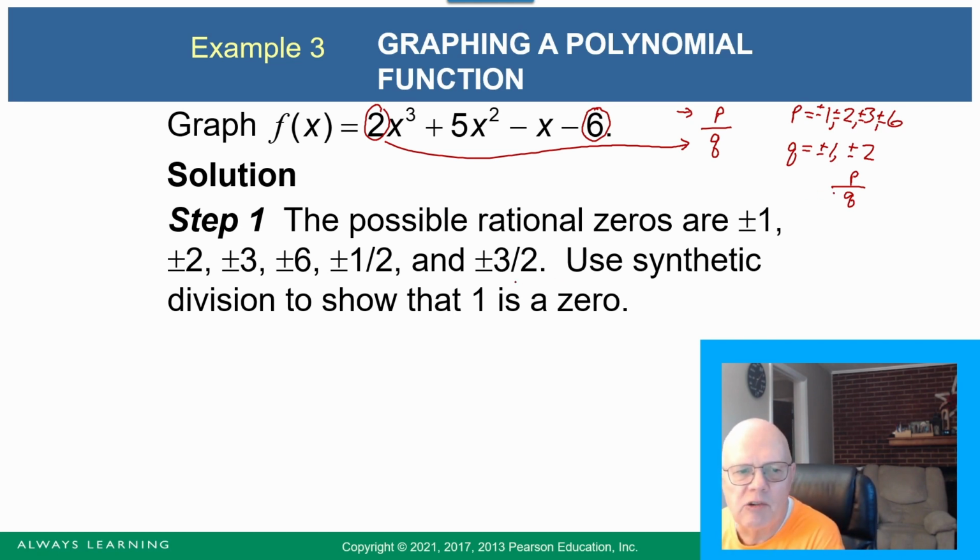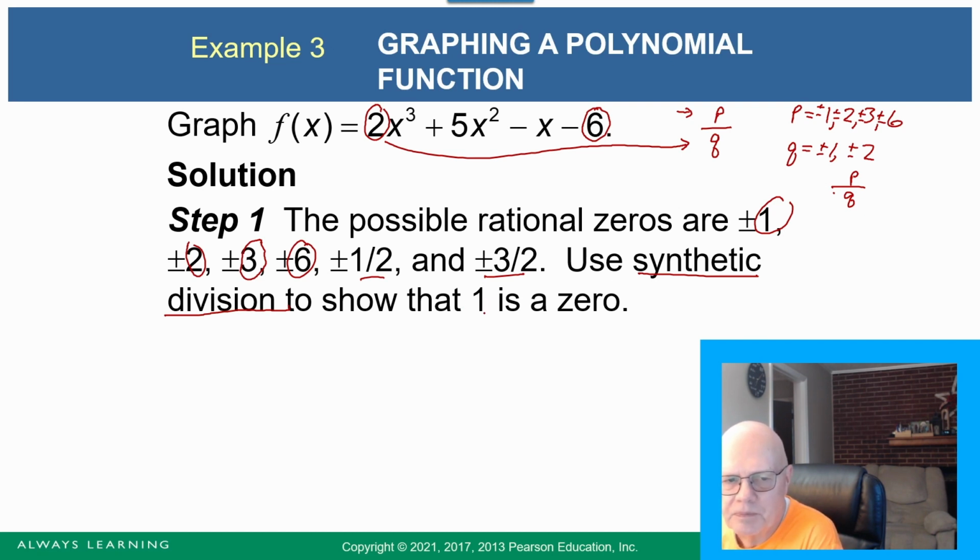Try those using synthetic division. Remember, that's the easy way, especially with these integer values like positive negative 2, positive negative 3, positive negative 1, positive negative 6, missed that one. Now these two might be harder, so you might want to try the integers first and see what you get